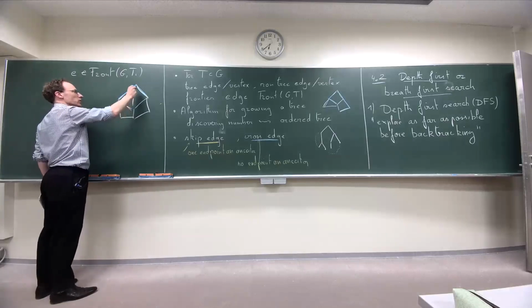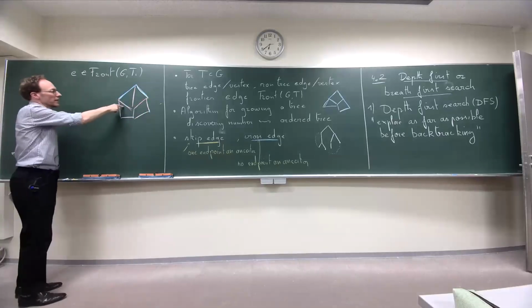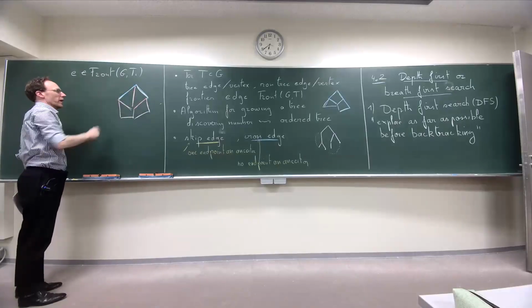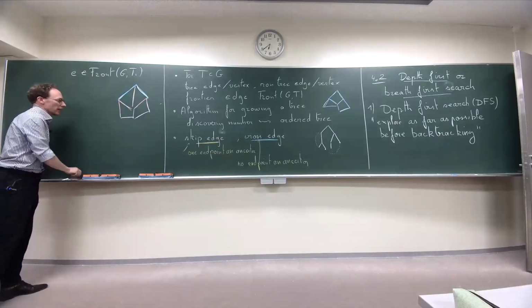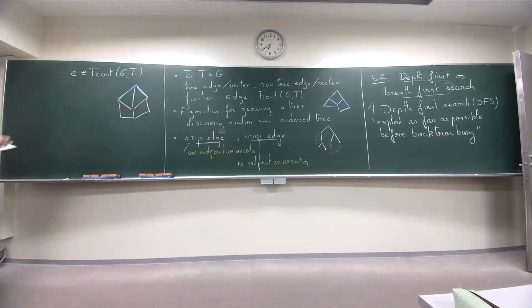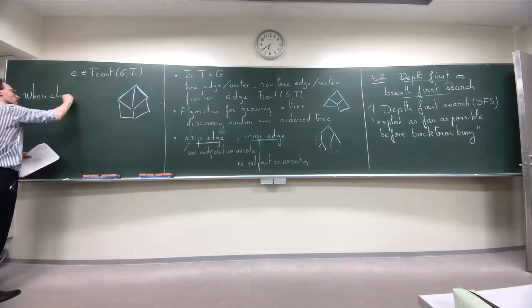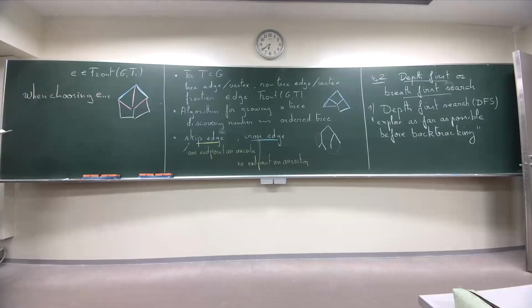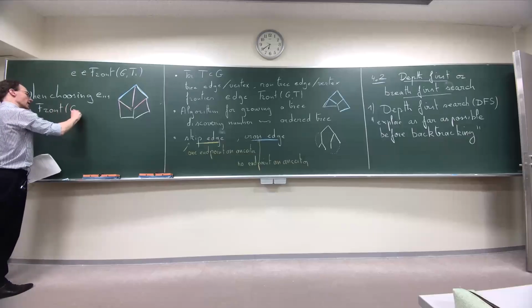of T_i. You have this one, this one, this one, this one, this one, because all these edges have one endpoint in the tree, in the blue part, and one endpoint which is not. So we have all these elements in this set. And so what this algorithm does is, when choosing this new edge e_{i+1} in the front of G, T_i,